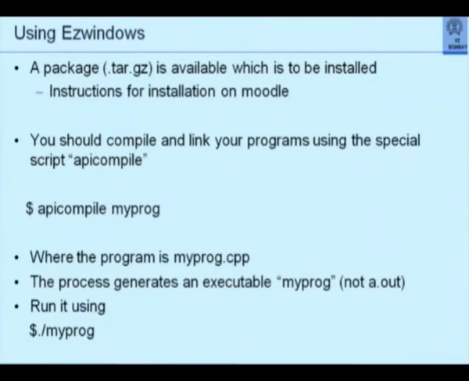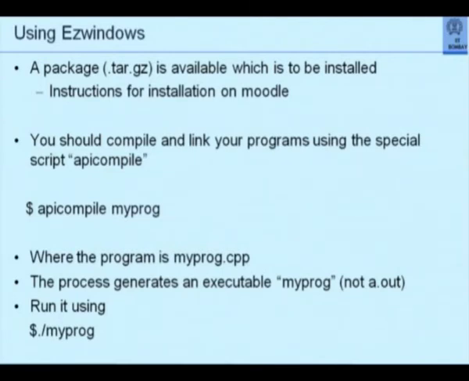Okay. Before I shift over, very quickly, we have seen most of the samples. I will just show you the last few ones to tell you how they work. But this is how you use EZ Windows. There is a tar.gz package. Incidentally, this package also works on Windows environment. There is another version available. So those of you who have Windows machines at home, you can try and use them. But on Ubuntu, this is how it will work.